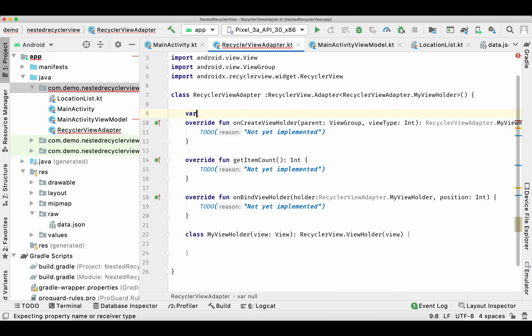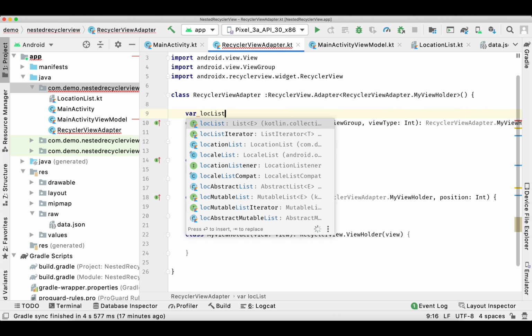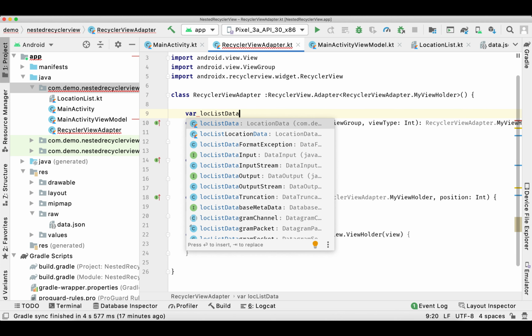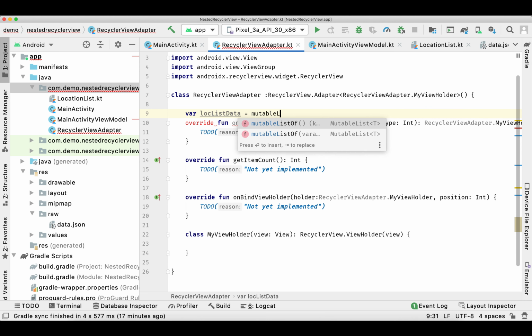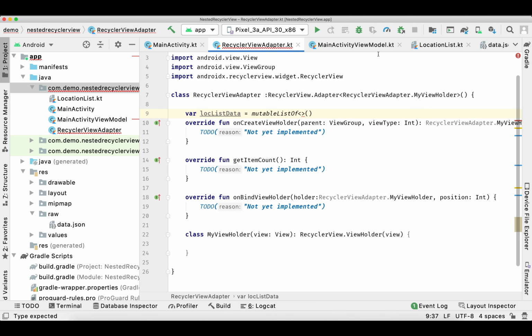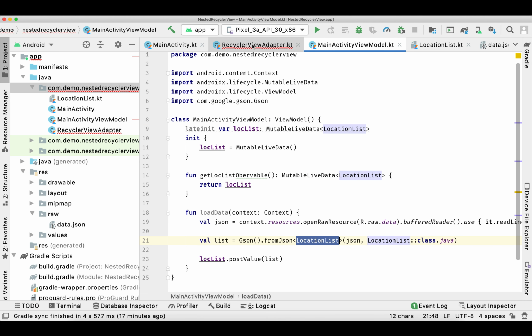Now either we can create a separate function to set the data inside our recycler adapter, or we can pass it inside the constructor, or we can declare a variable as a public variable.